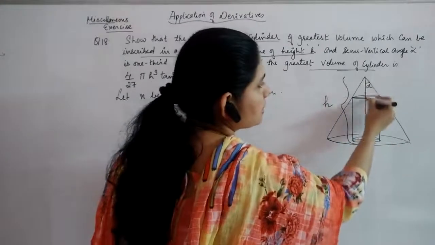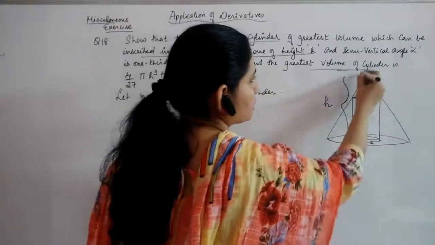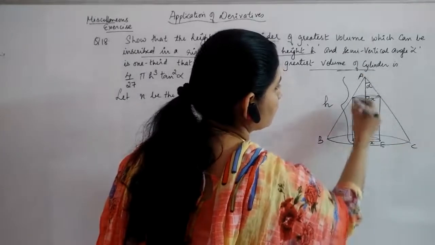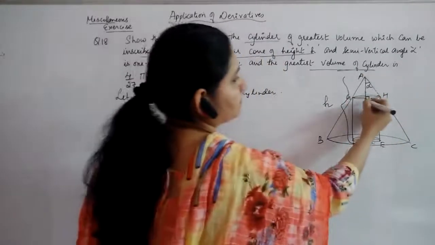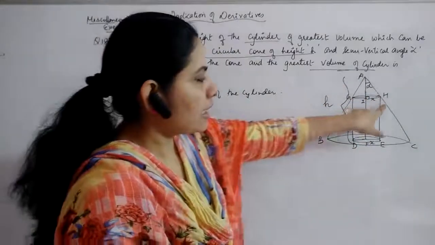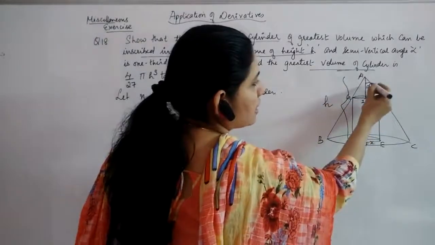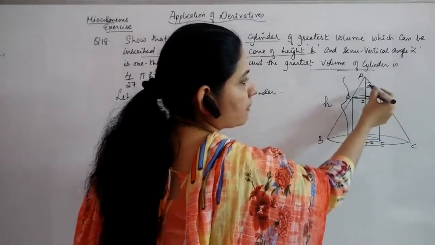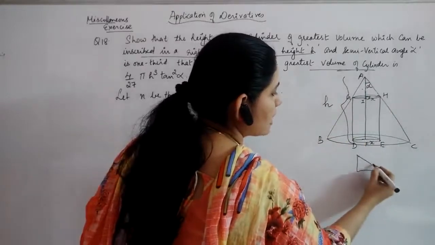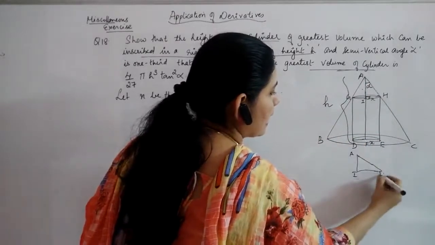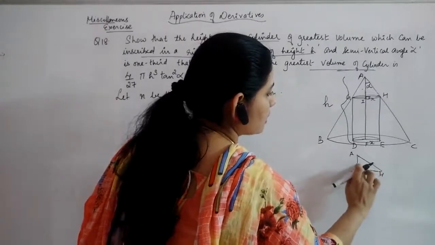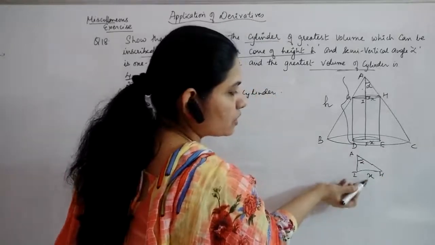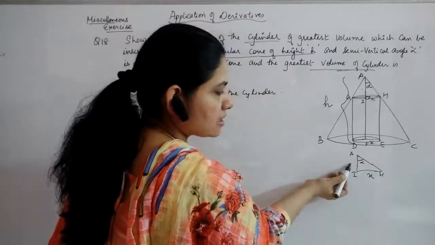If this is x, this is also x. So you can consider here a right triangle. Suppose this is A, B, C, D, E, F, G, H, I. If you consider AIH, this right-angled triangle, you can find out this side. Here you have alpha, and this is x. In order to get AI, you can use this side which is known and the other side which you want to get.